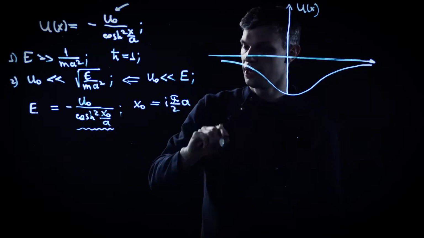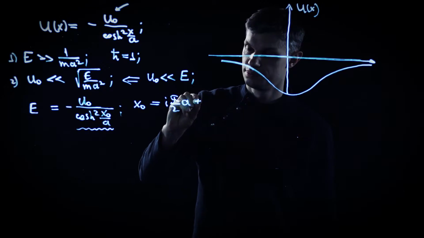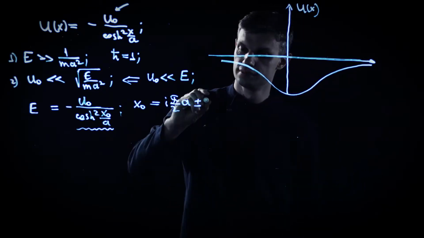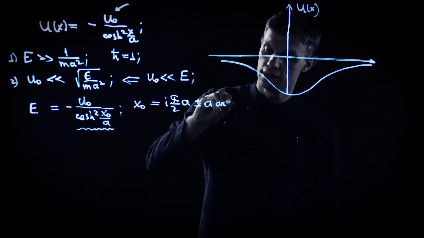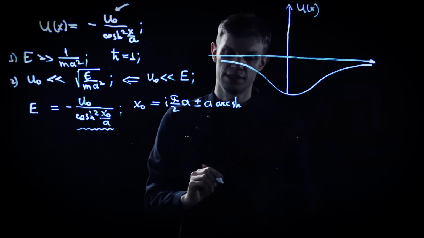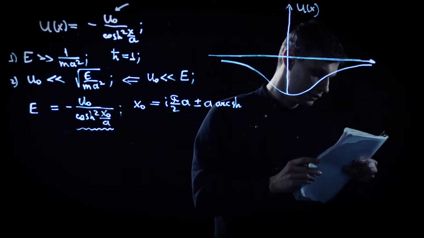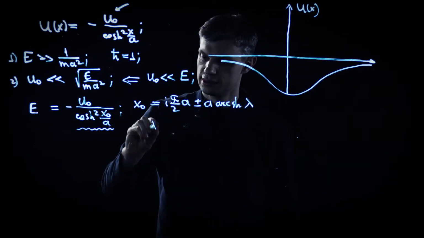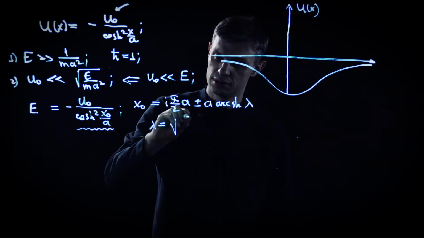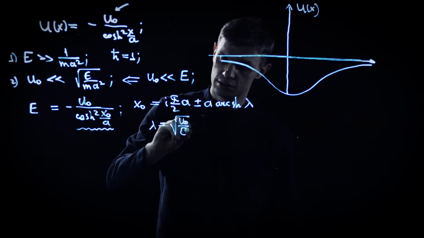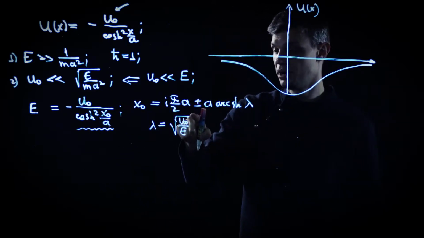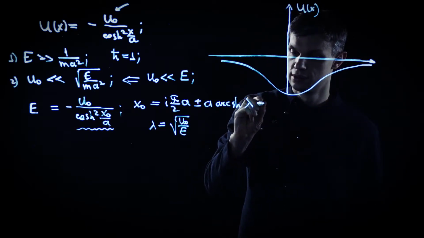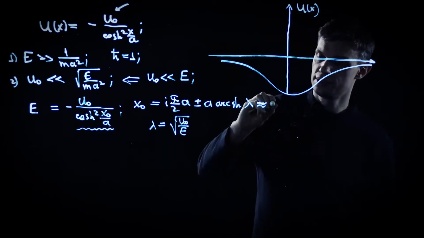So it's i pi by 2a plus minus a arcsinh of lambda, where lambda is the square root of U0 over E. So this is a small parameter, so this arcsinh can be expanded. And as a result, we have